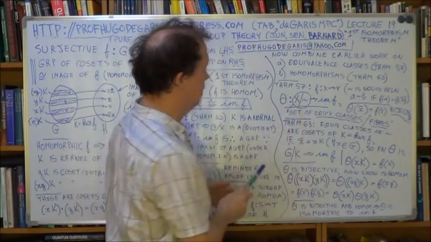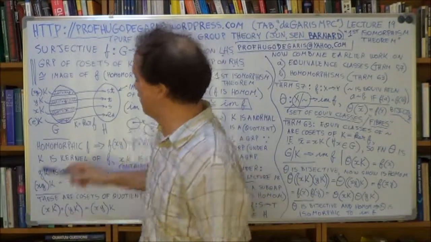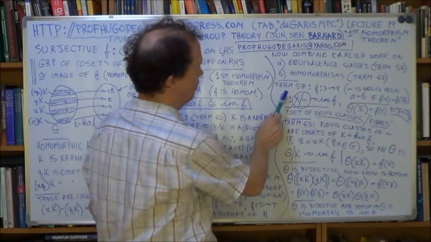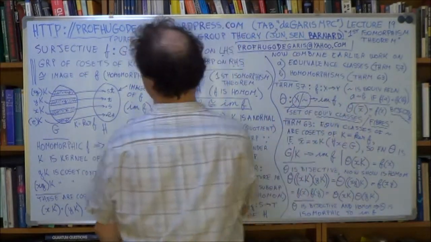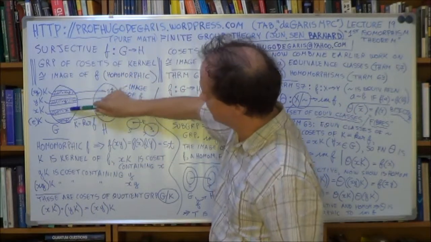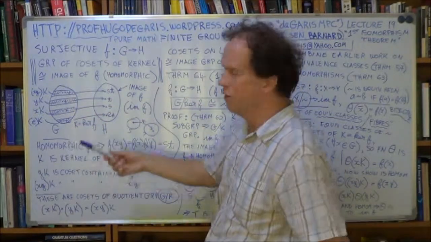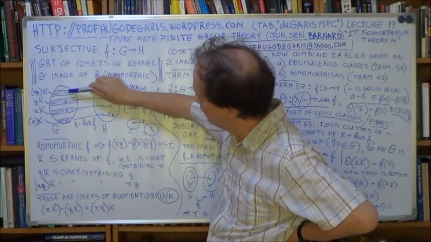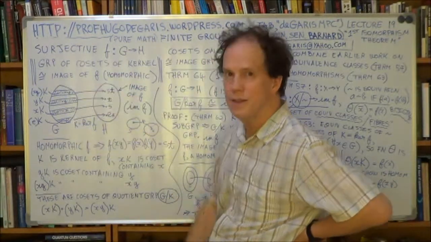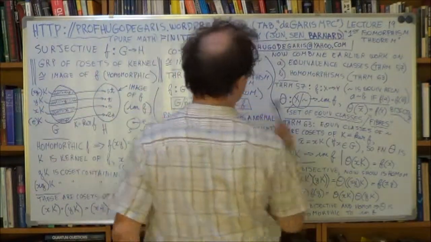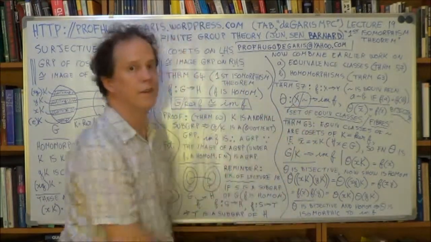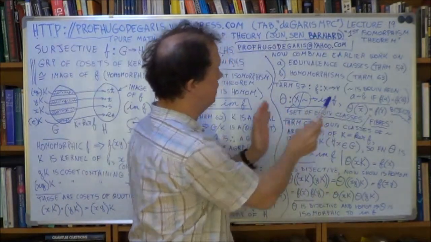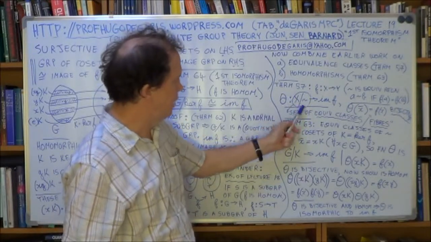Right. So this here, what is it? Well, it's these things. But in this context, in the context of Theorem 57 and equivalence classes, these bands here, these subsets, you're not looking on them as cosets, you're looking on them as equivalence classes. So each band is a different equivalence class. Okay? So the set of them is this. So this here, now you're mapping from this set to this set, and this set here is the set